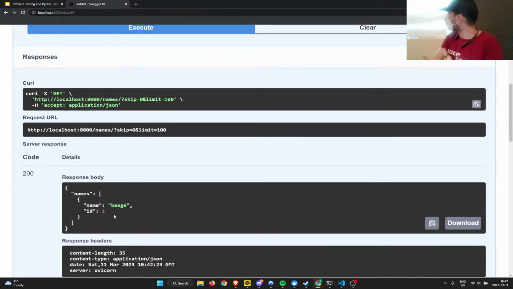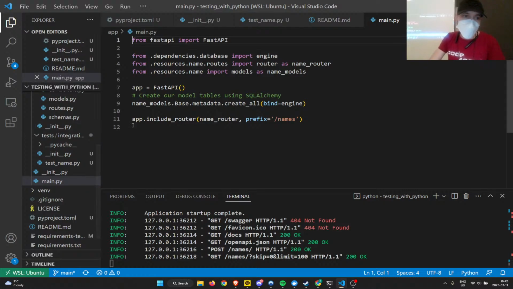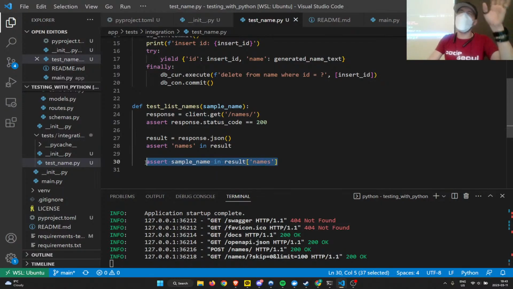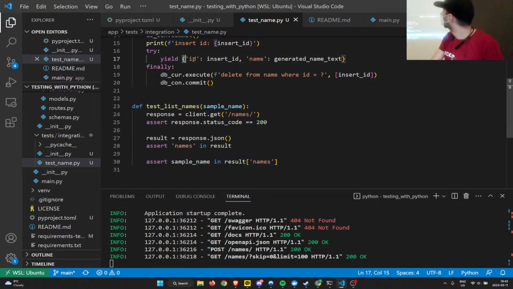But going back to, so this is what we expect. So going back to our application, I don't think this works because I'm pretty sure I have to go check again, but I'm pretty sure Python doesn't do deep comparison of dictionary contents. Does anyone know for sure? What are we trying to compare up there? So we're trying to check if this exists in the list of names.